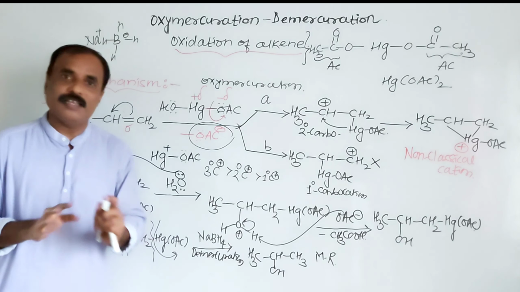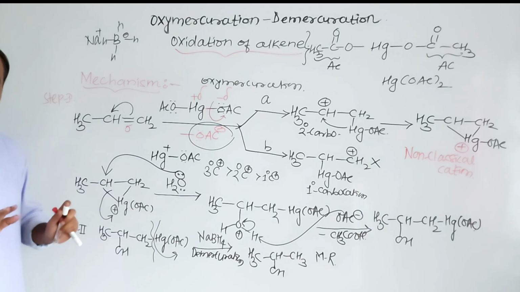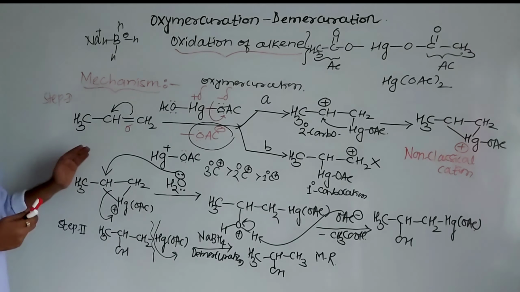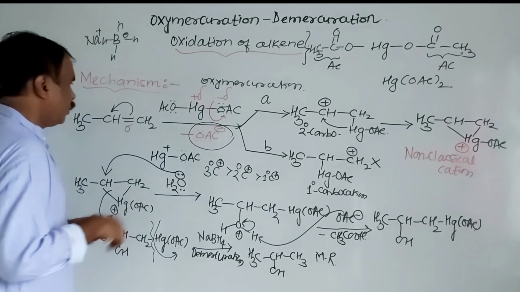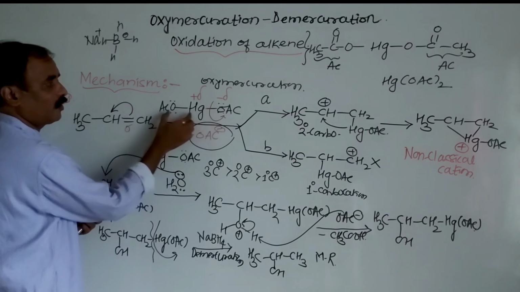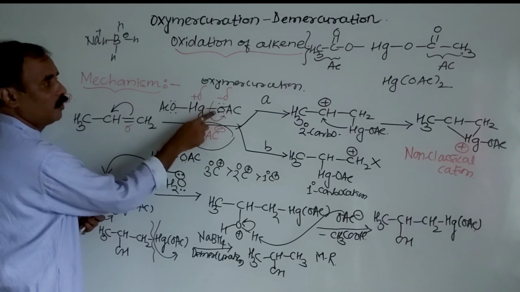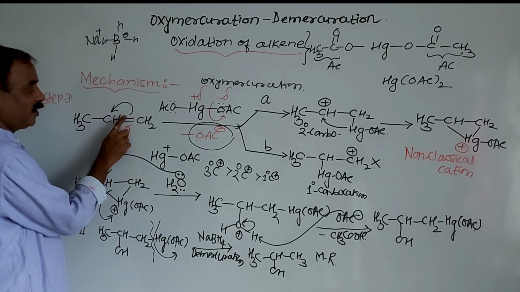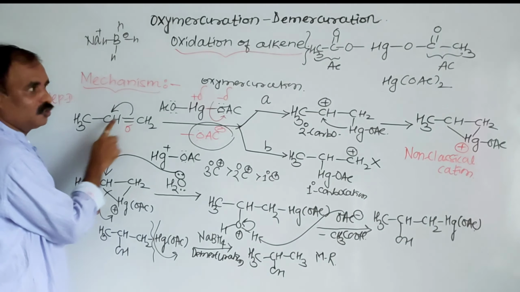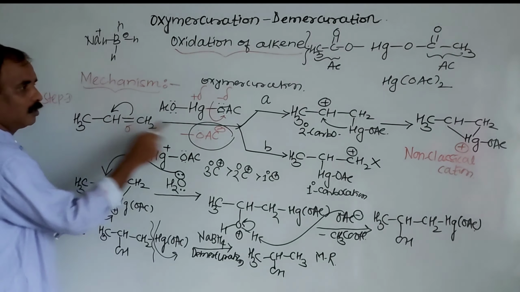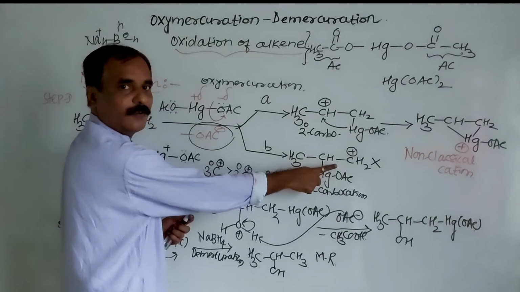In case of symmetrical alkene, it is very easy. Isn't it? So this is the mechanism of what? Oxymercuration and demercuration. Once again, here it is a pi bond. Due to pi electrons, polarization of this bond, Hg plus, OAc minus, here removal of OAc. Here two possibilities: suppose breaking a pi bond to this side, this carbon will be positively charged and this is secondary carbocation. Opposite, here formation of primary carbocation.